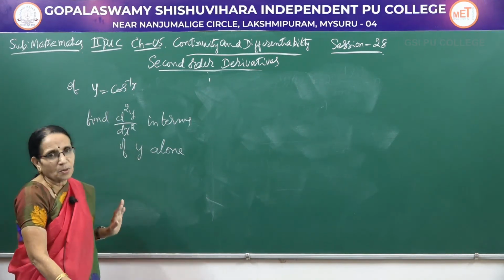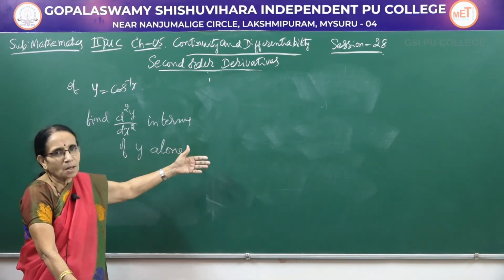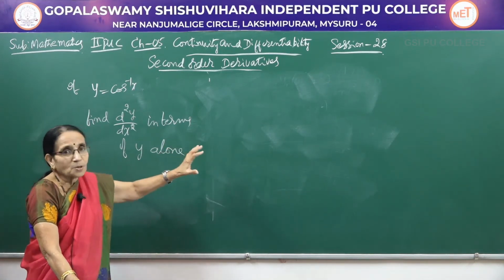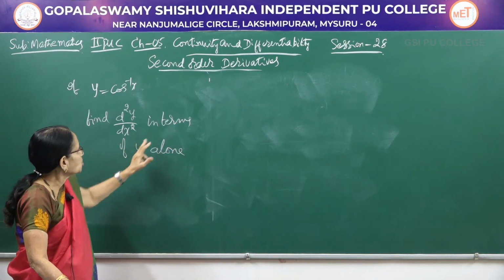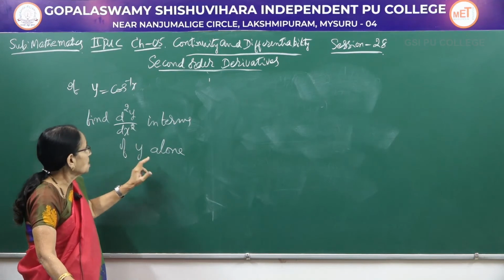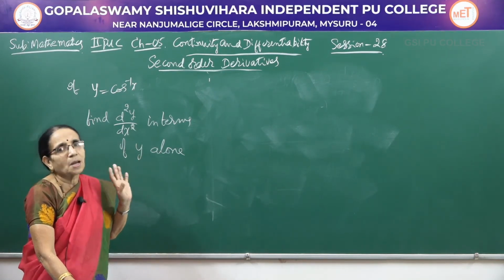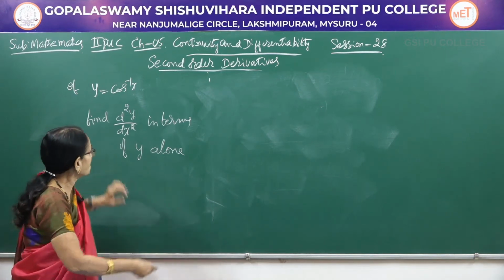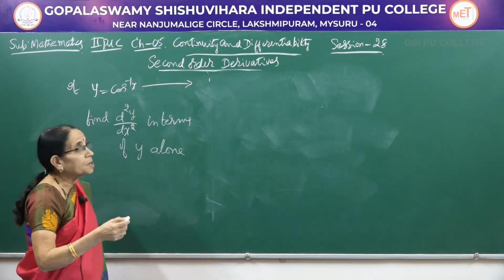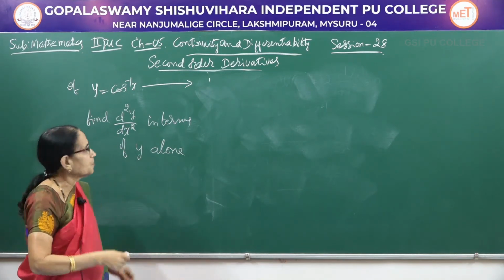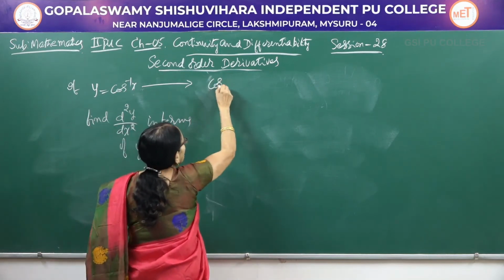Y equal to cos inverse x. You might have seen that when we differentiated the earlier 2 problems, x was present in the answer, isn't it? Whereas here the answer should be expressed only in terms of y. That means x has to be eliminated at some stage. For that, what I do is I use the definition of the inverse trigonometric function. If y is equal to cos inverse x, how do you write that one?